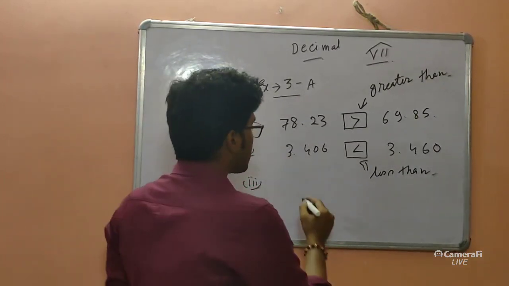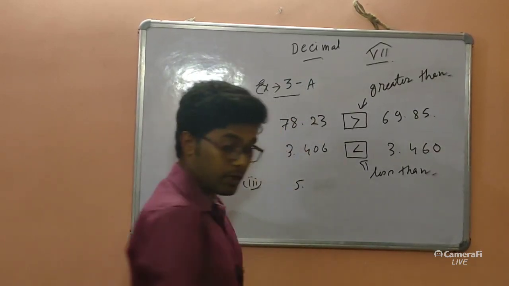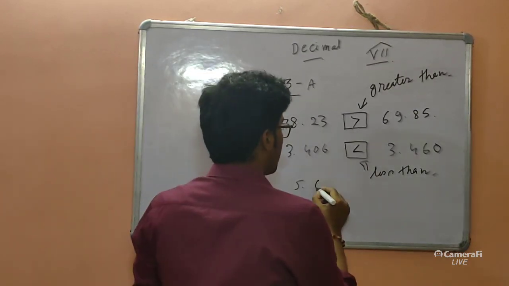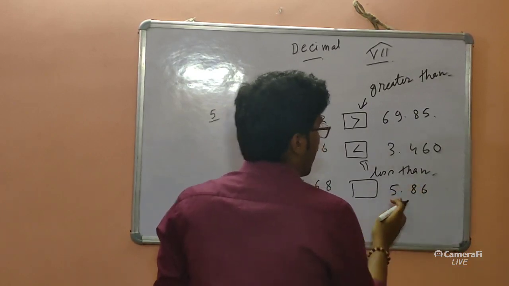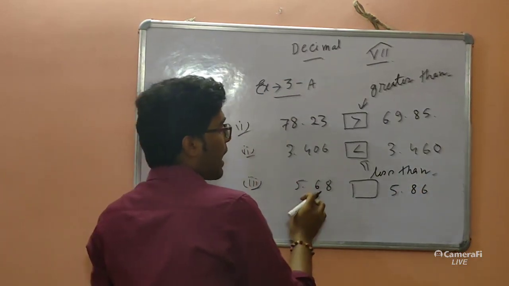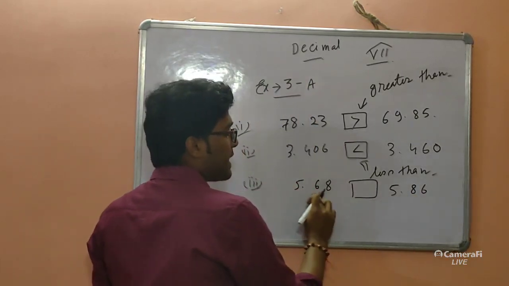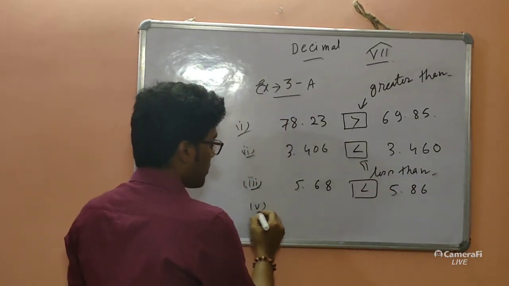Question number 3. 5.68 and 5.86. I think here it is 86. 5.68 box 5.86. Now the whole number part 5 is same. After the decimal here is 68, after the decimal here is 86. So obviously 68 is less than 86, so we give the less than sign. Next,